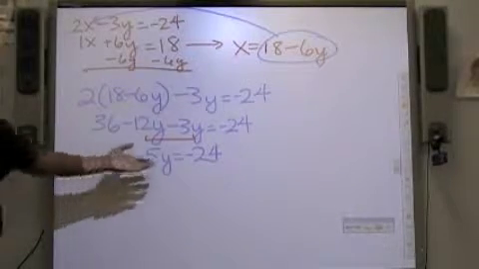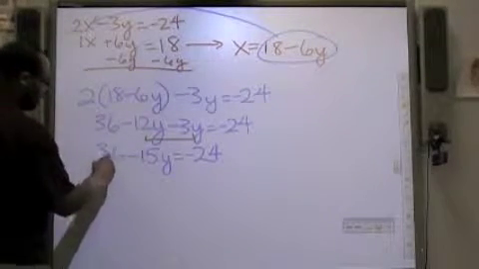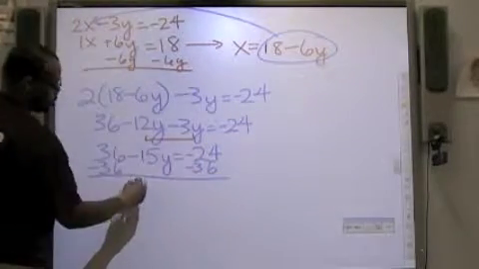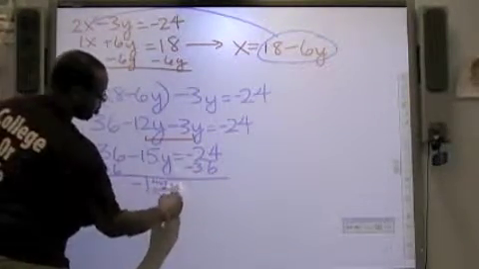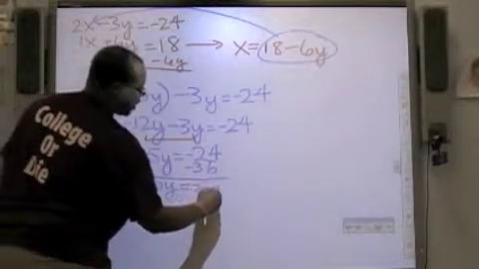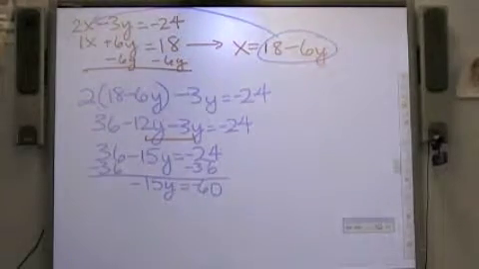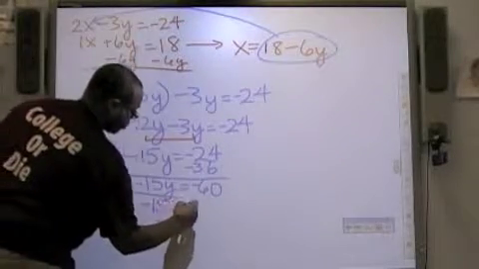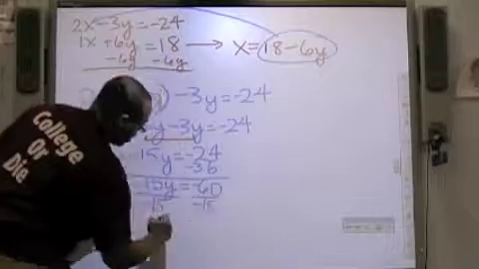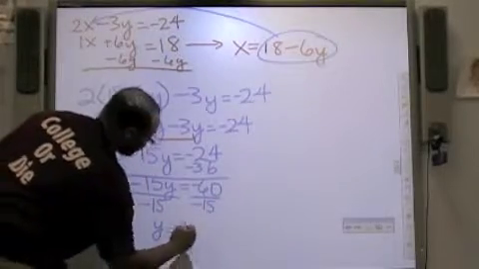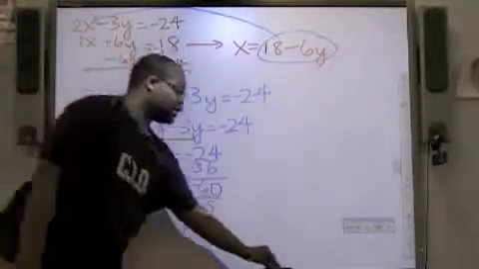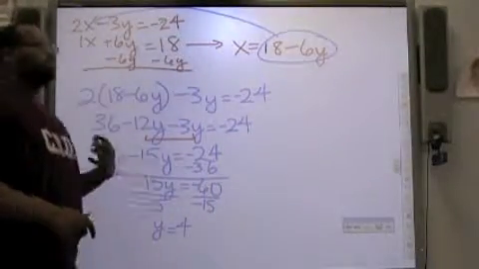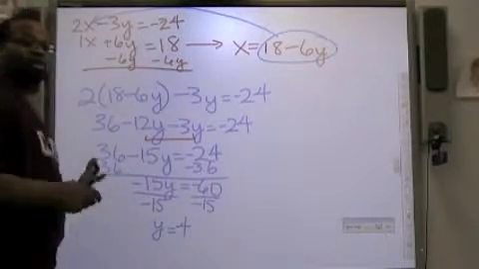And so now I need to continue solving for y by subtracting 36 from both sides. That'll give me a negative 15y equals a negative 60. And I'm going to solve for y by dividing both sides by a negative 15. And now I know that y equals a positive 4. I'm not done solving the system because I've only found y. To solve the system completely, I need to find x and y